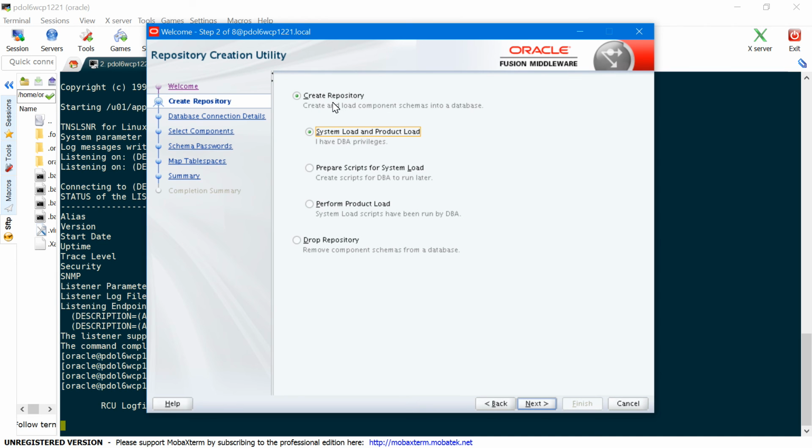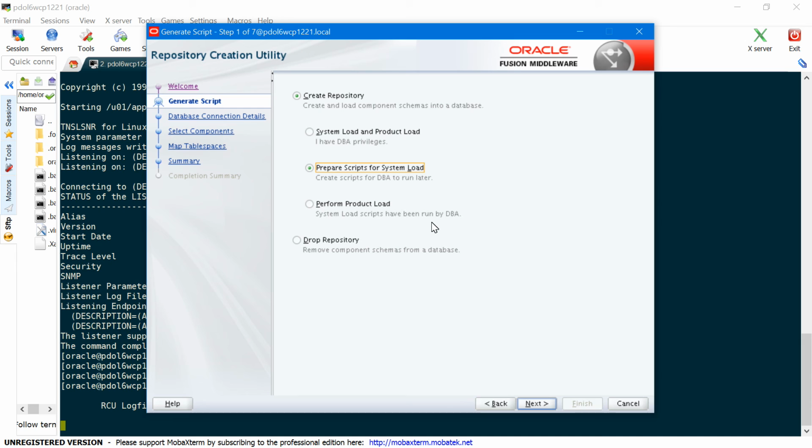And there are two steps in repository creation: system load and product load. System load requires sysdba privileges. Select first option if you have sysdba privileges, which performs both system load and product load. If your DBAs are not willing to give you sysdba access, you can select the second option to generate the SQL scripts for system load, and you can give the generated SQL scripts to DBAs to execute them as sysdba.